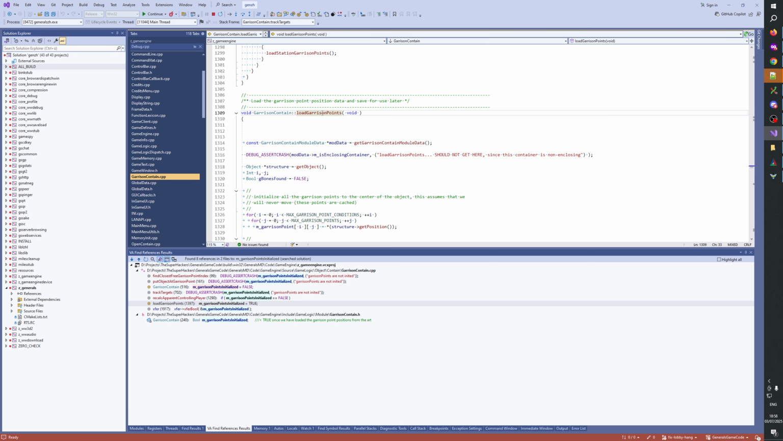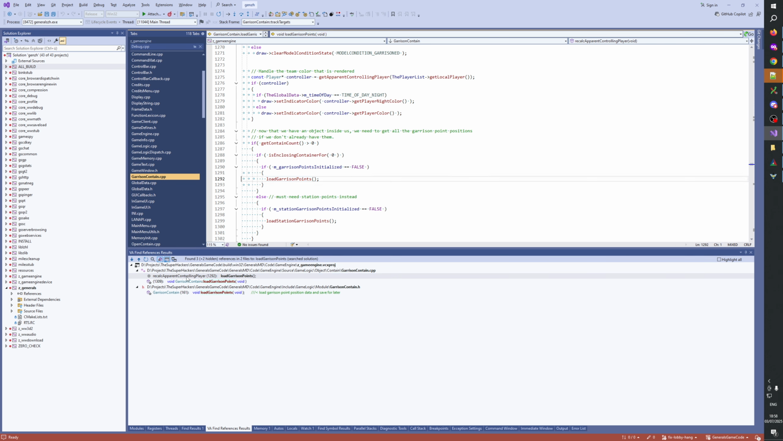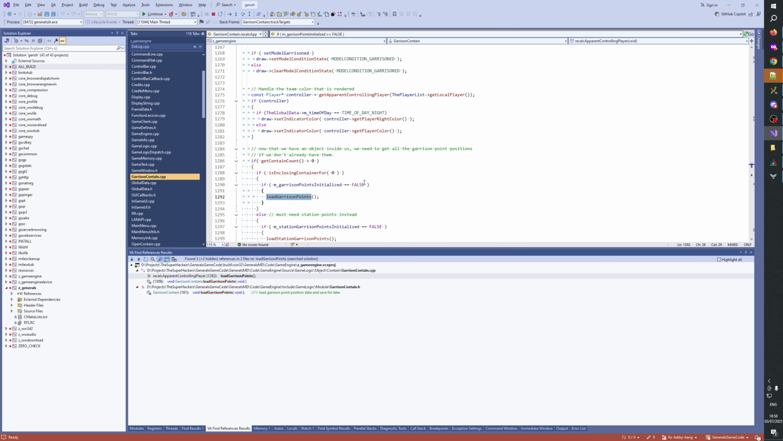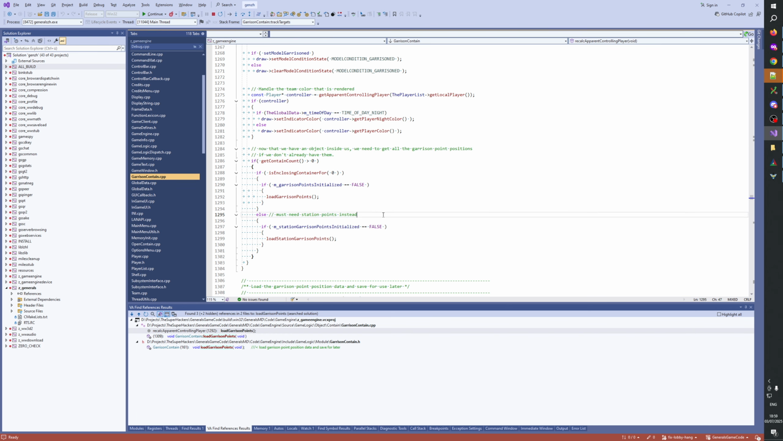Who's calling this function? Now that we have an object inside us, we need to get all the garrison point positions if we don't already have them. So it's like an on-demand loading. I see. So I guess the bug of this could be